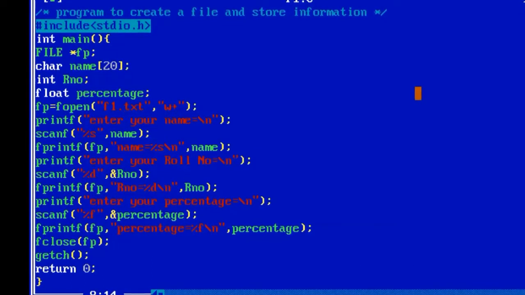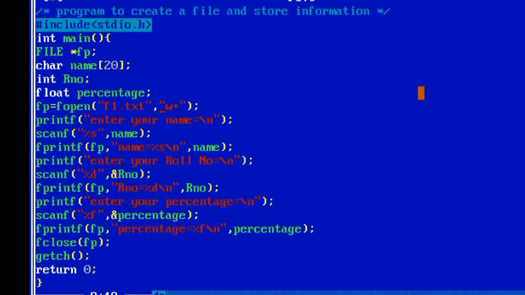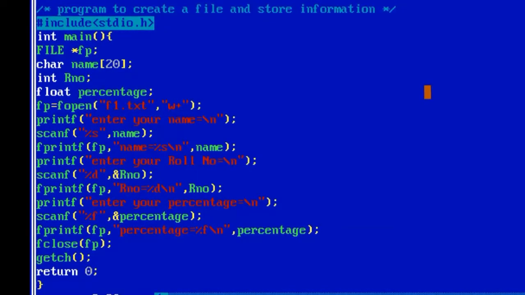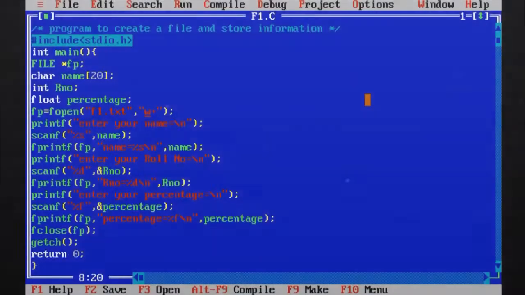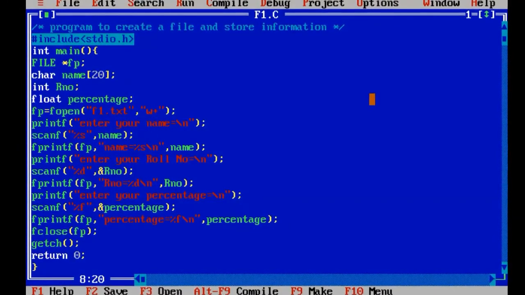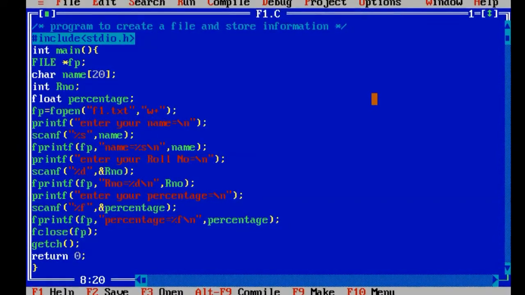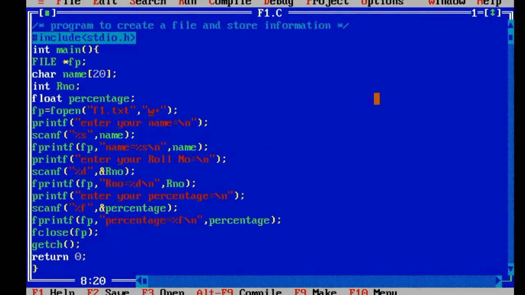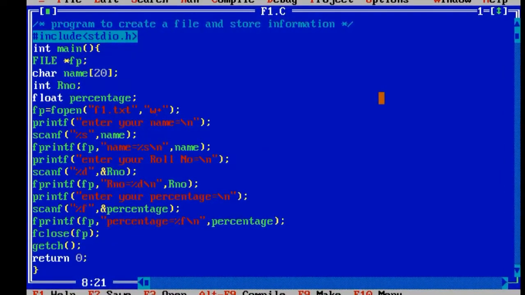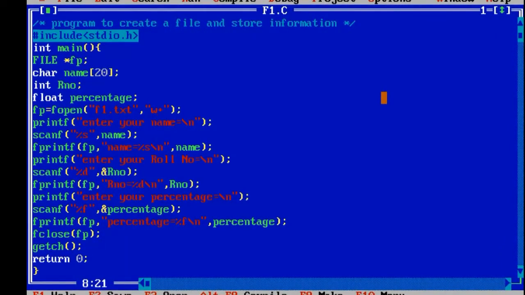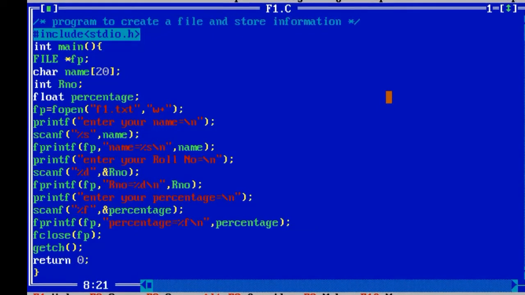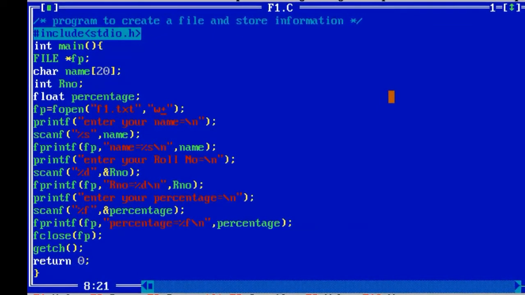txt means textual file. It is opened in write mode, so I want to enter information into it. If the file already exists in your system, all the information in it will be deleted and the freshly entered new data will be stored into it. This plus means you can write as well as read information, so that is w+. You can omit that plus, which is used to create only write mode.